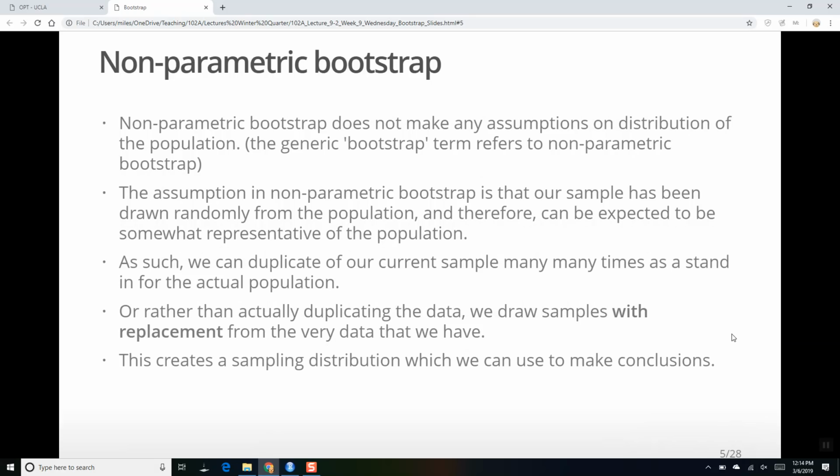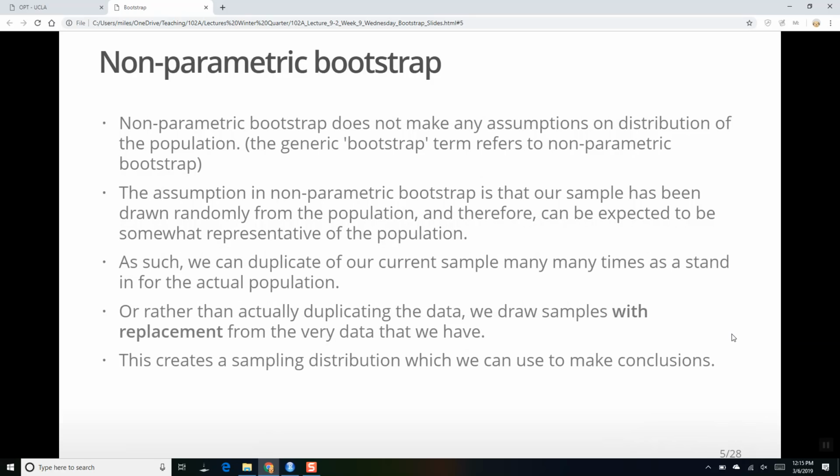Now, obviously, if your sample is not representative, then this is going to be a problem. But you're hoping that because you did a random sample it should be representative, and we're going to generate our population this way. Okay, and then now that we've generated a population just by cloning my sample 1,000,000 times,